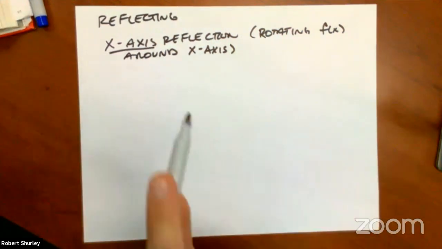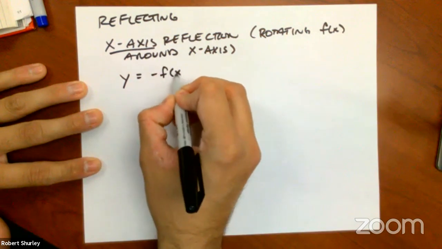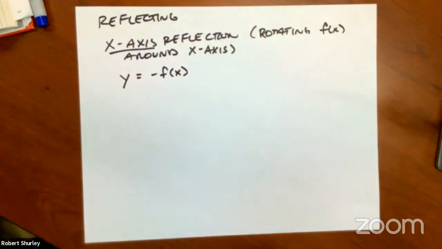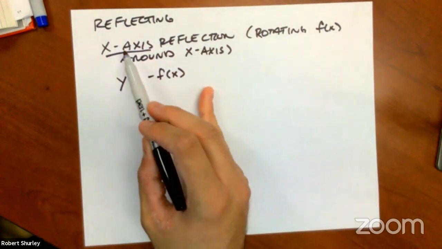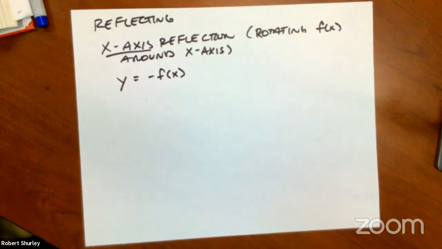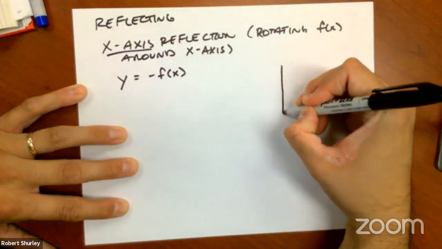First off, equationally, all you have to do is make the y's negative, okay? So you'll just put a negative on the outside of the function. And yes, you guessed it, for y-axis, the negative is going to be on the inside of the function. But the negative on the outside gives us our x-axis reflection. So if we looked at just a regular graph, not a parent function,